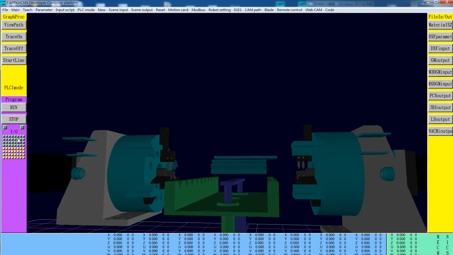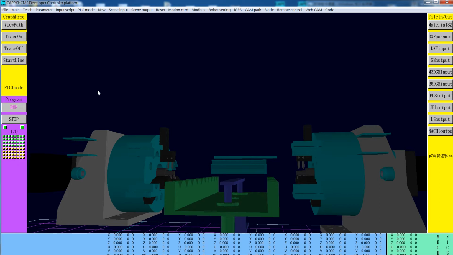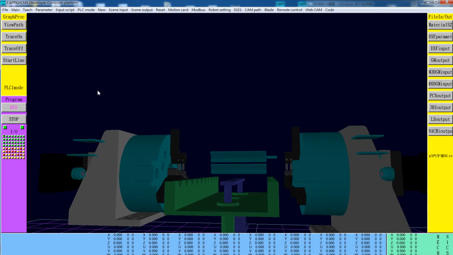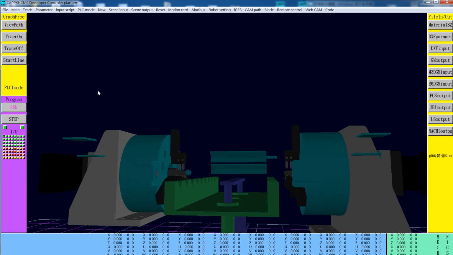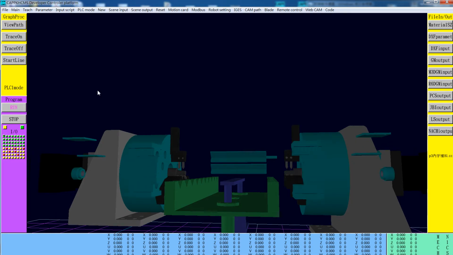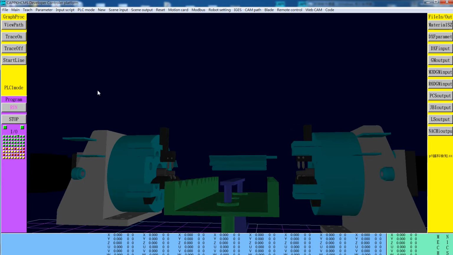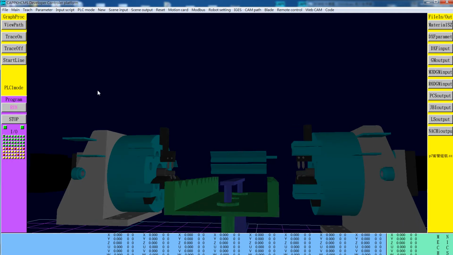In this situation, the cycle time is approximately 5 seconds. But this 3D model is not good for looking. That's why